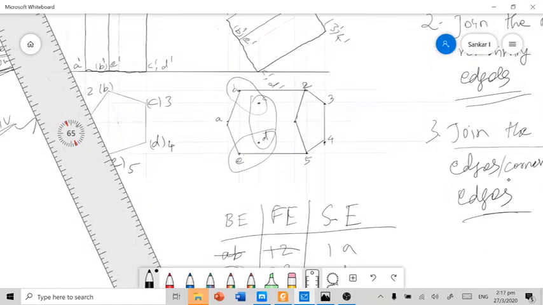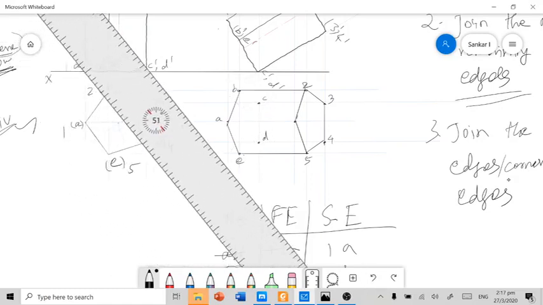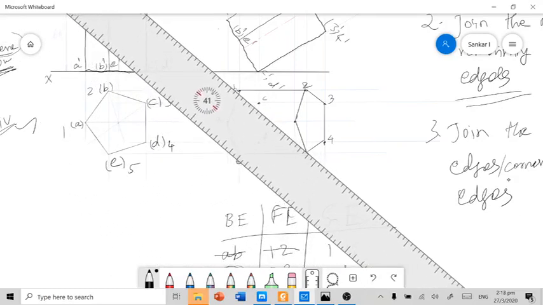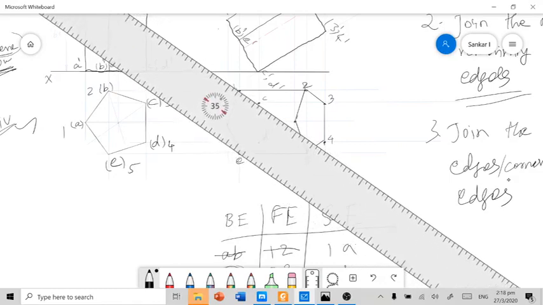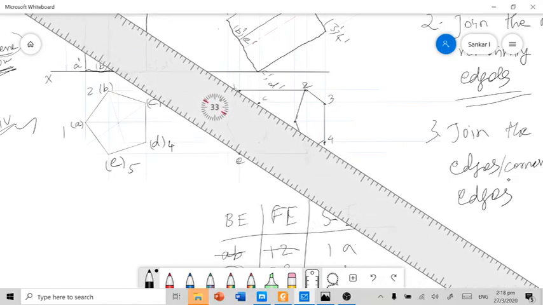Why are we mentioning them as invisible edges? Because they are not visible to our eyes when we view the solid from the top. So I am going to join BC, CD and DE as invisible edges. We differentiate visible and invisible edges on paper by using a different line format.